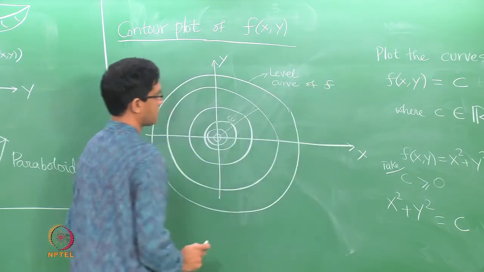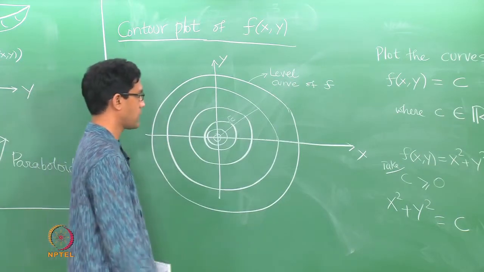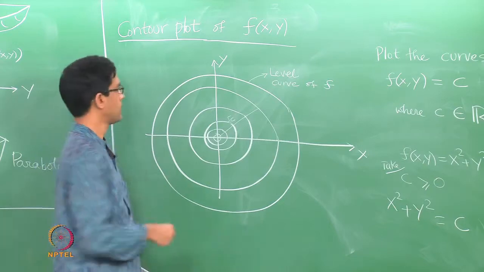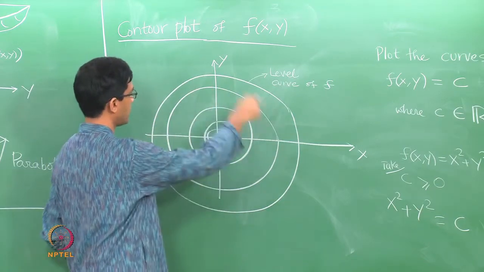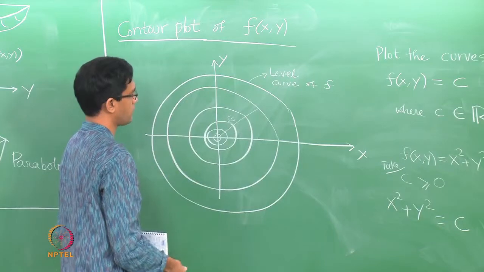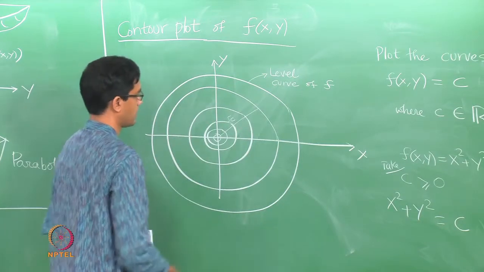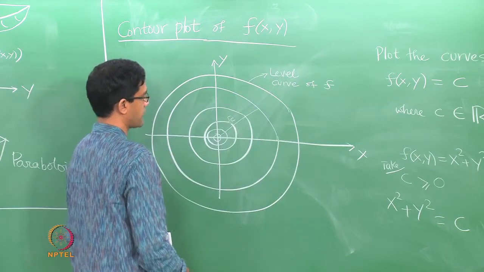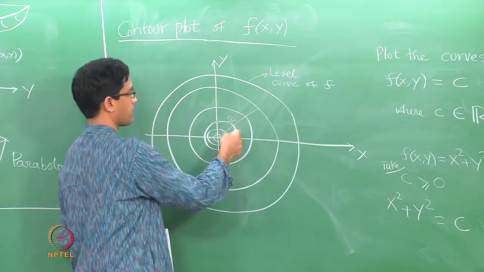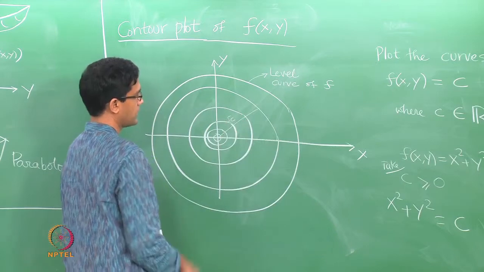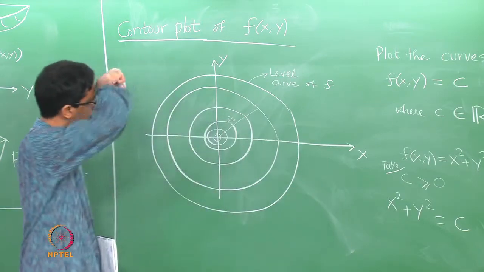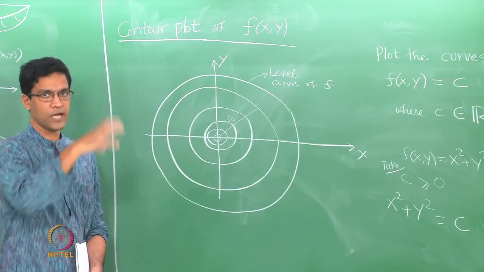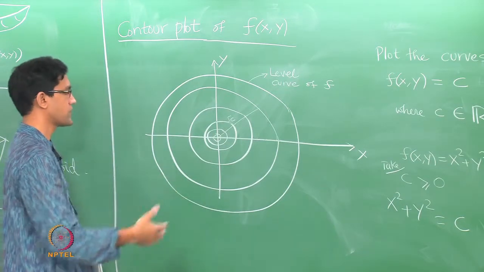This is one level curve of f. Why is it called a level curve? It is a curve on which f takes a constant value. So, for instance, this outer circle here could have been the curve on which f takes the value 100, and the inner circle is, say, the points on which f takes the value 50 or 25 or 10 and so on. So, it gives you an idea as to where f takes certain values and how that set changes as you change the value.